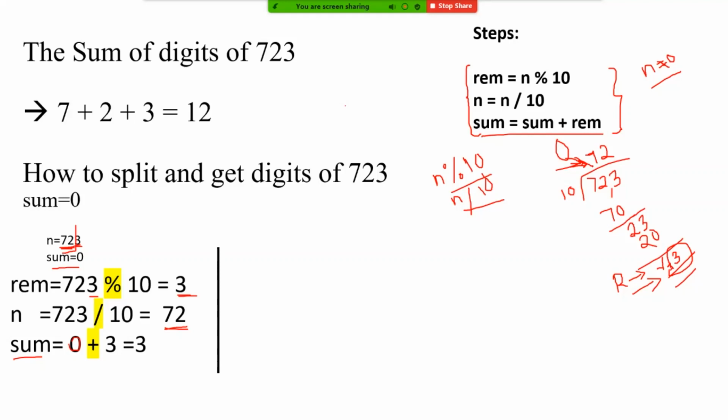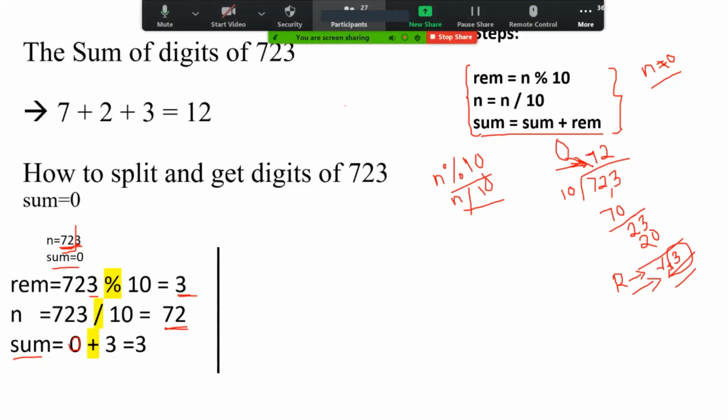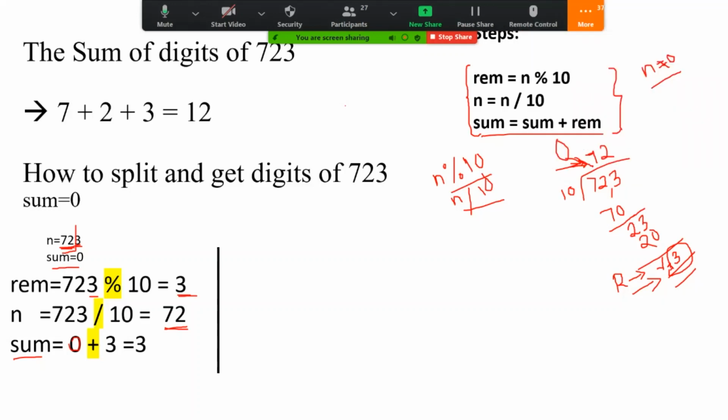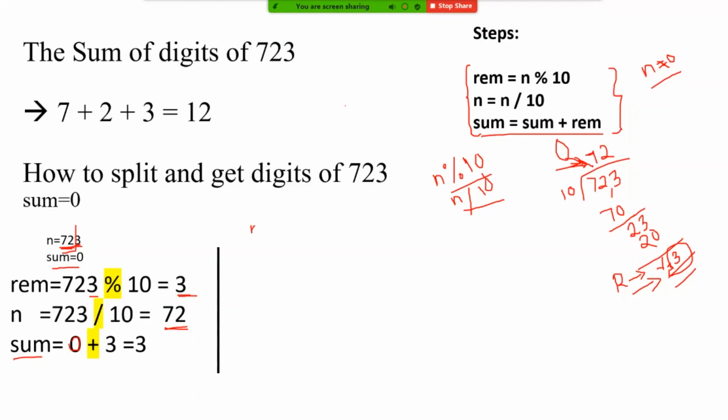Answer in the chat box. What will be the new value of n, and what will be the new value of sum carried to the next step? I could see only 27 participants. Message in the chat box. What will be the new value of n and sum taken to the next iteration?